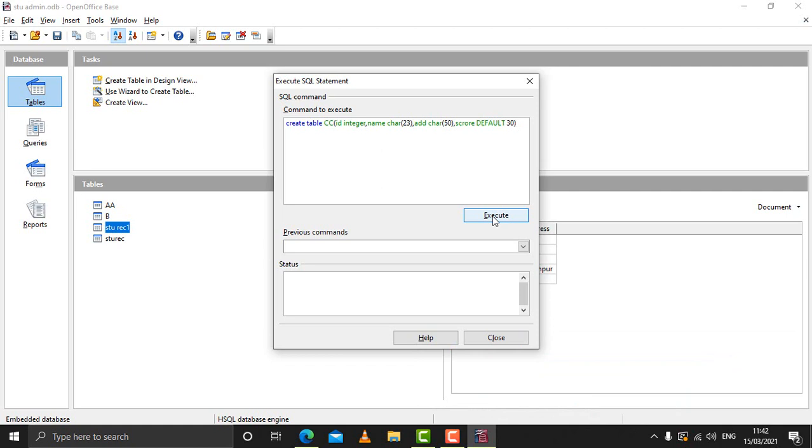The next constraint is the unique constraint. So basically unique constraint is used when we do not want repetitive data in a particular table. Say for example you do not want roll numbers to repeat.